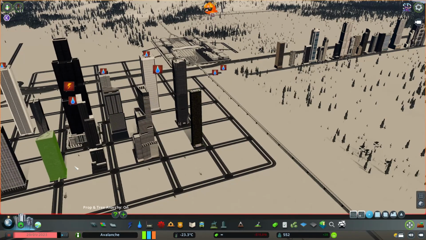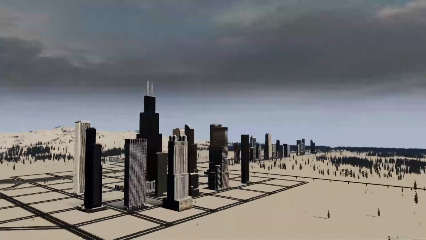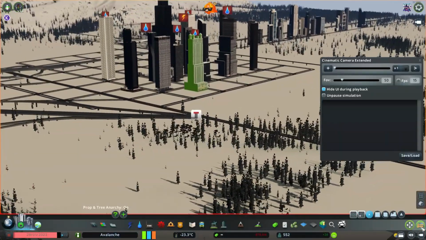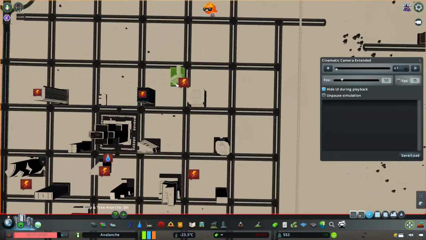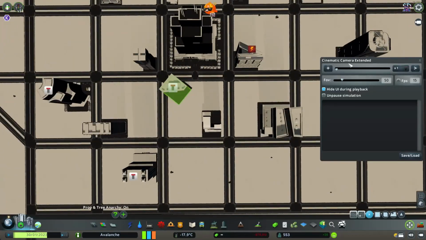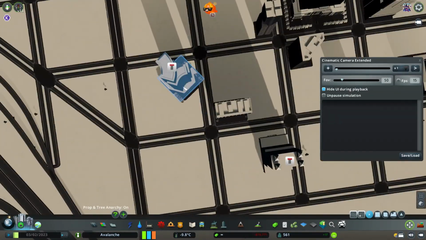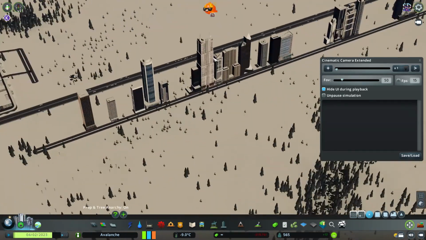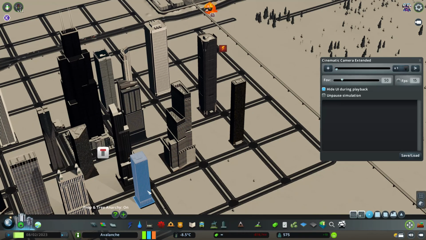All these assets are extremely well detailed and they look very beautiful. Thank you to all the creators for making these assets. They're extremely nice. And I actually used the cinematic camera extended mod over here so that I can see how my city will actually look in cinematics, because getting beautiful cinematics is one of my favorite tasks while playing